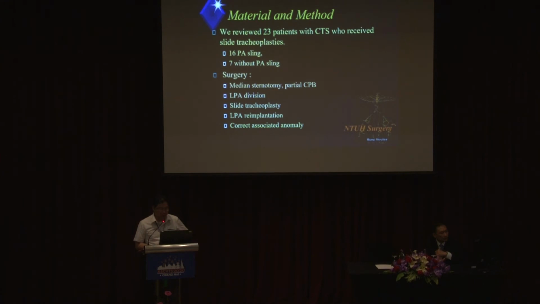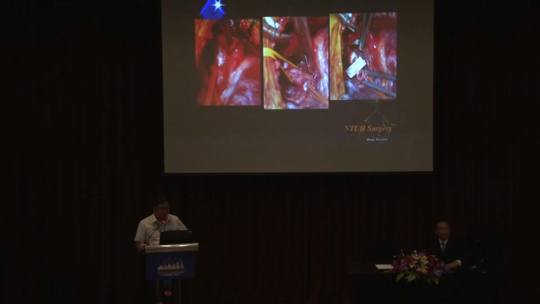Our surgical approach is basically through median sternotomy. If there is no cardiac defect, we go on partial bypass, divide the pulmonary sling, do the slide tracheoplasty, and then reimplant the left pulmonary artery to the anterior side of the main pulmonary artery. If there was an associated cardiac anomaly, we try to correct it at the same time, unless the patient was previously repaired or had that diagnosis. This figure shows that after cardiopulmonary bypass, we identify the